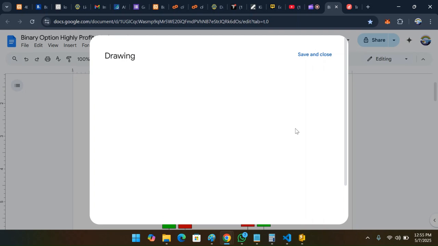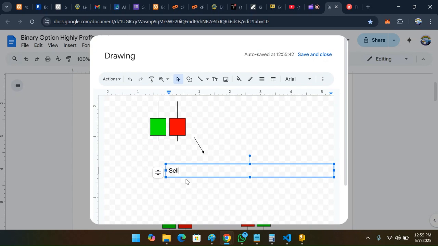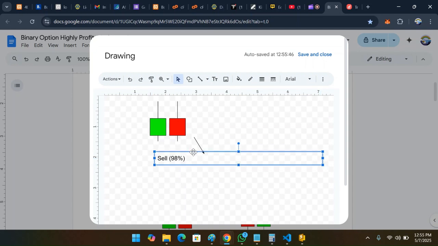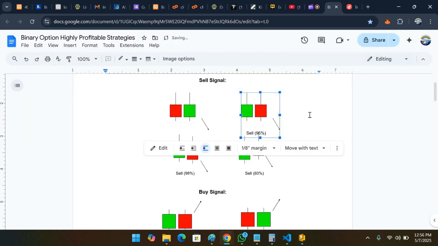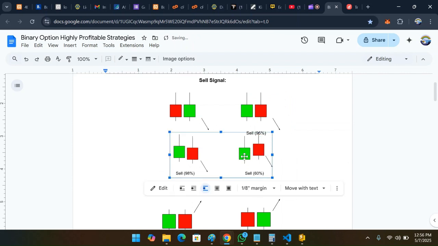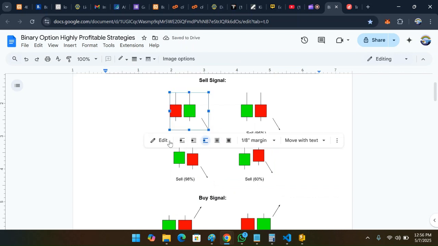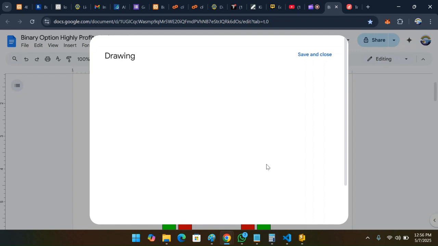So like this one now, we can give this one a sell percentage. Let's give this one 95%. Are you getting it now? Let's give it 95%. Why do we give this? Because of the color, the last color. Are you getting it now? So because of the last color, we can give this one